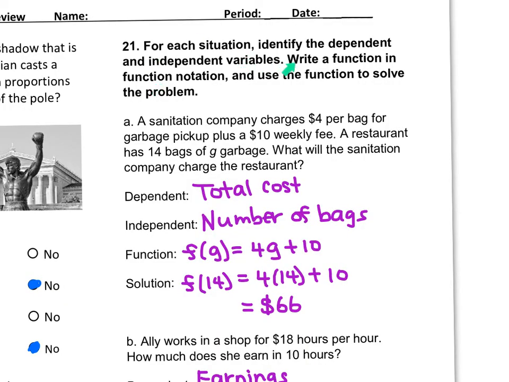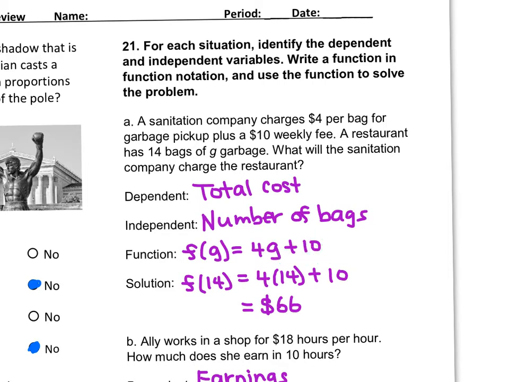On problem number 21, we need to identify the dependent and independent variable, and we need to write a function in function notation, and then we have to use the function to solve the problem. So a sanitation company charges $4 per bag for garbage pickup plus a $10 weekly fee, but that is not a variable, so plus $10. A restaurant has 14 bags of garbage, G. So we're going to put a G for garbage, because they told us G for garbage. So 4 times per garbage bag, so every garbage bag, plus the $10 for the weekly